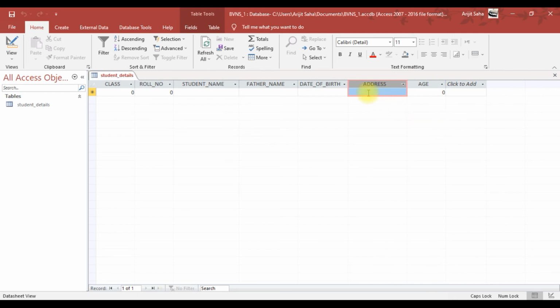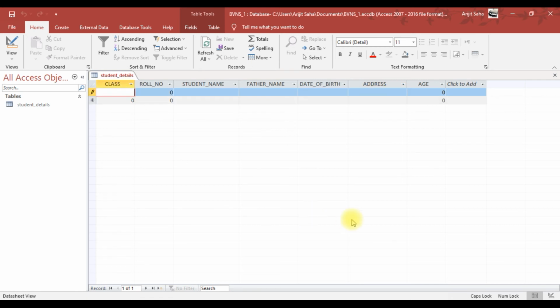So this is where we can enter the record of a student. How can we do that? Just click over here. Suppose you are in class 8, so you can enter class 8. You can enter the roll number, maybe 1.